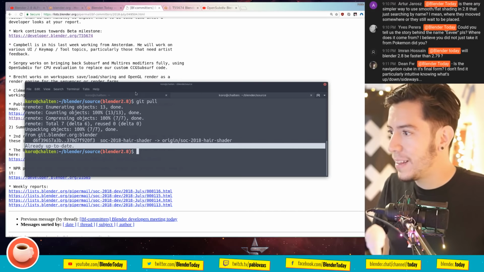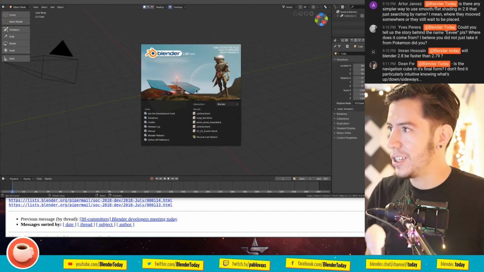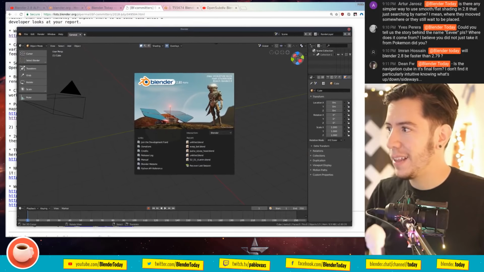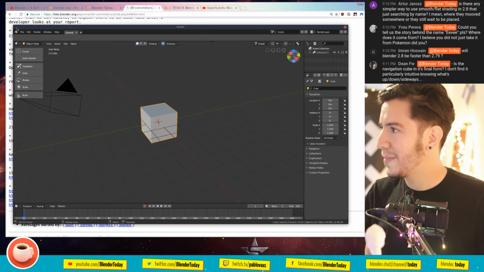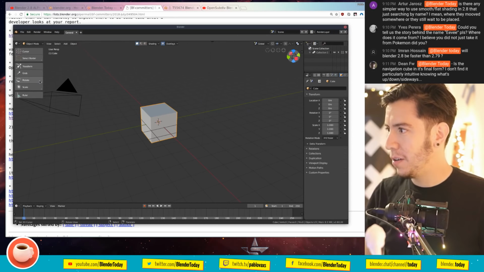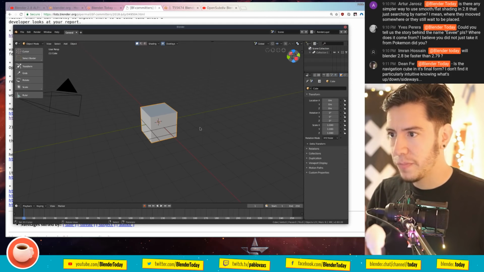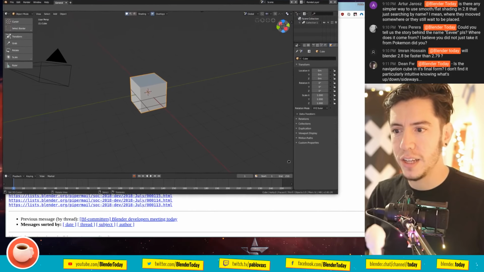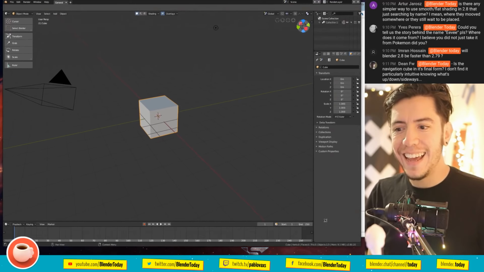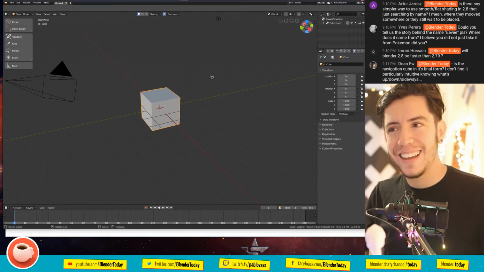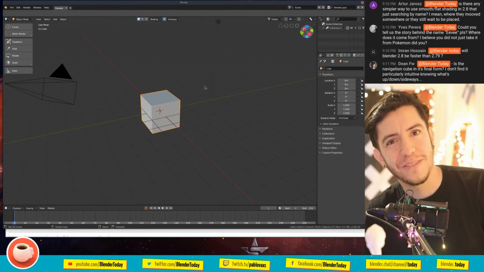But yeah, Blender is up to date, so I just need to launch it, and this is how Blender is today, as of now. So load factory settings, this is how it looks, and I want to show a few of the things that changed in the interface. And later, actually, I have a new section for you.